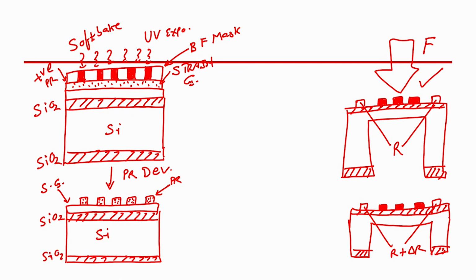Next step would be I will perform hard bake, right, hard bake, and then dip this wafer in etchant for the strain gauge material. So, if I dip the wafer in the etching solution that will etch the material of the strain gauge, what will I have? I would have